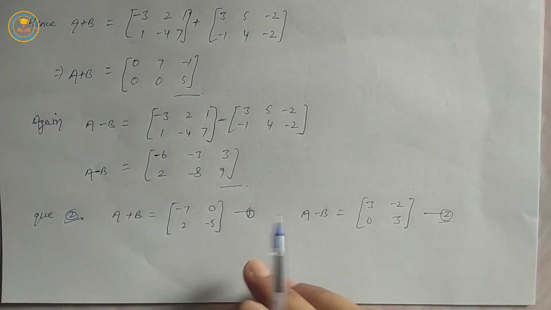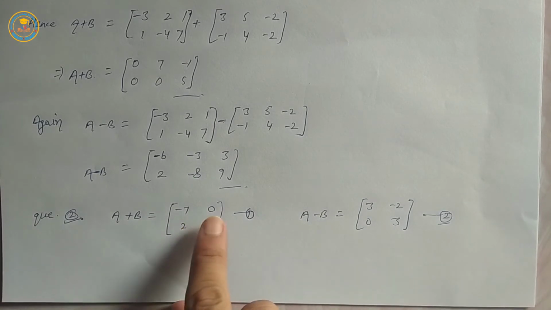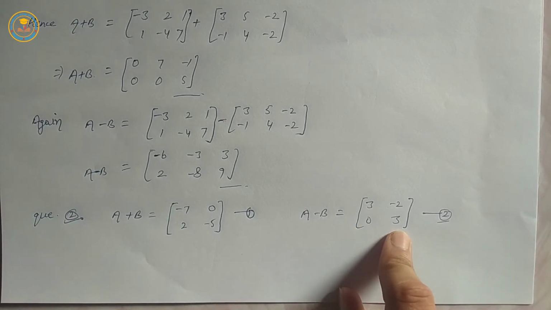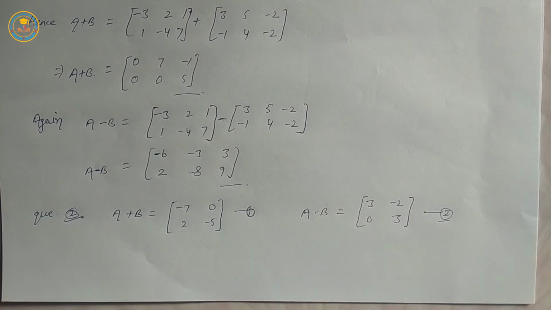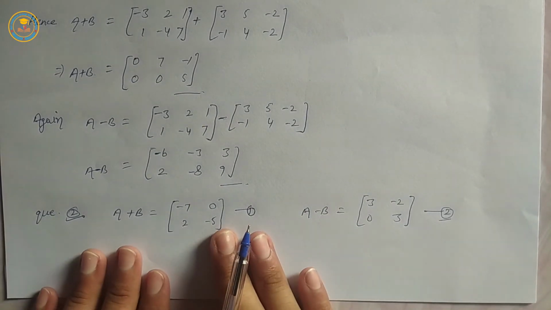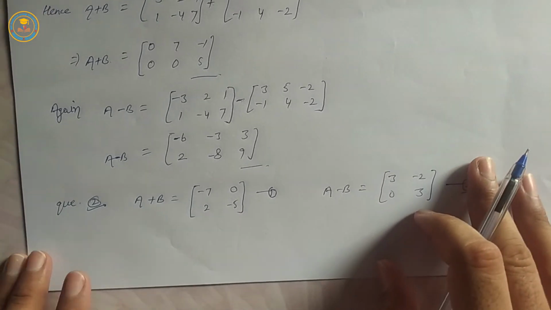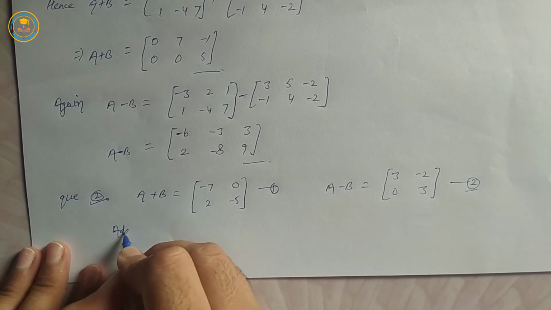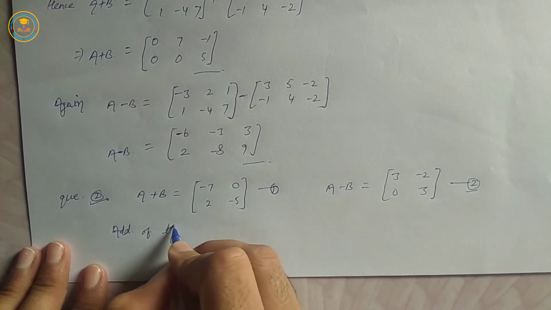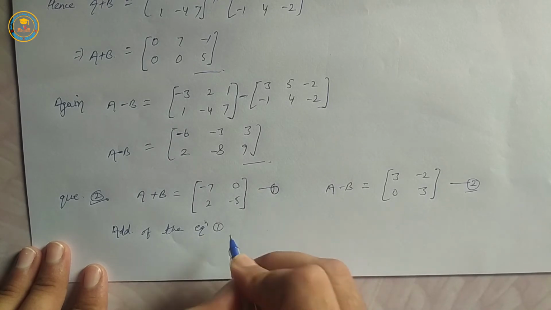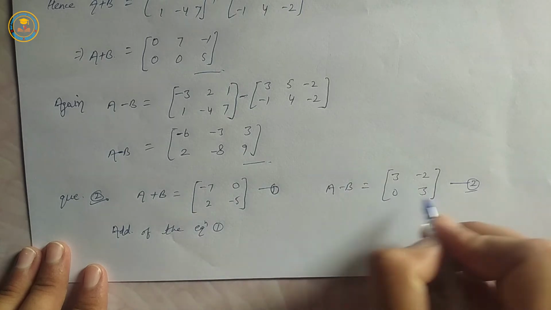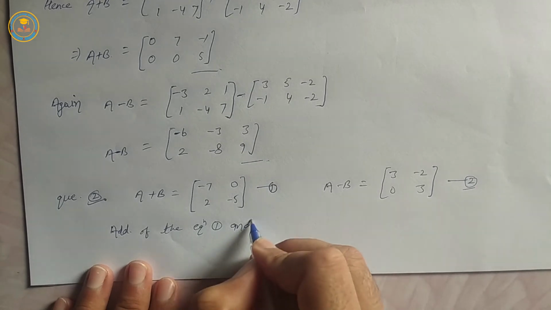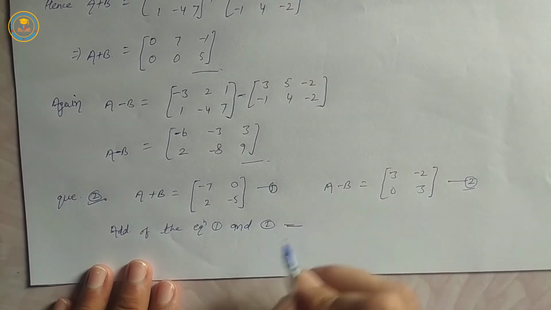If A plus B is equal to -7 0 2 -5 and A minus B is equal to something, then find matrices A and B. Okay, equation first and equation second. Addition of the equation first and second, we get